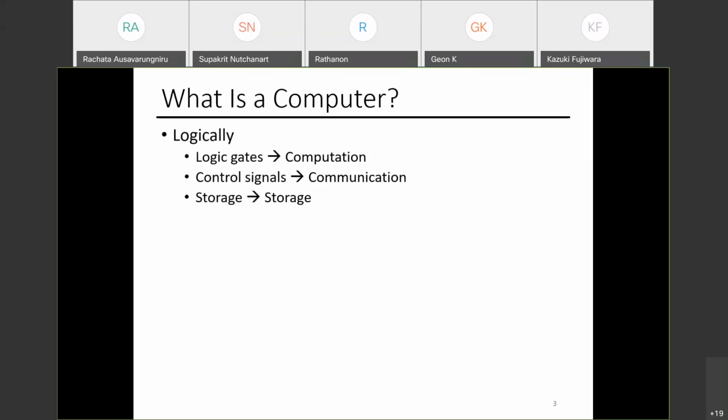You might have heard things like logic gates. You might have heard things like adder, multiplier, the hardware that goes into the memory. You might have heard about the CPU, right? The central processing unit. Those are logic gates.